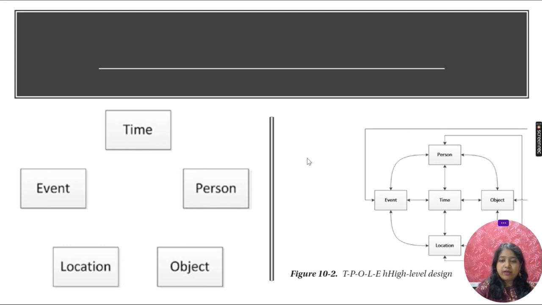And all these 5 dimensions are connected to each other. As the diagram shows, all the 5 dimensions are connected to each other. It's called the high level design. So TPOLE